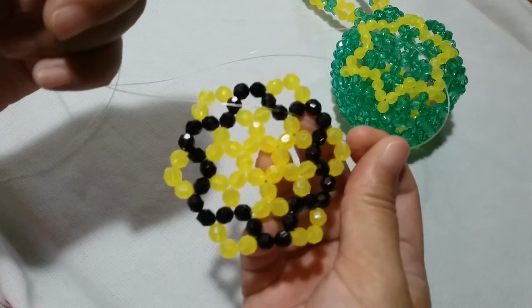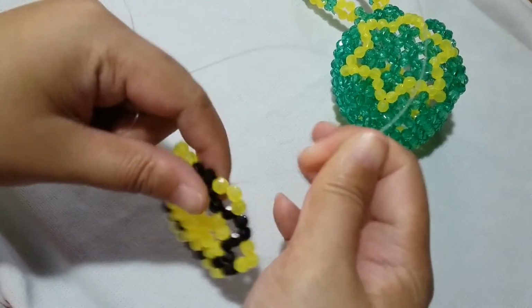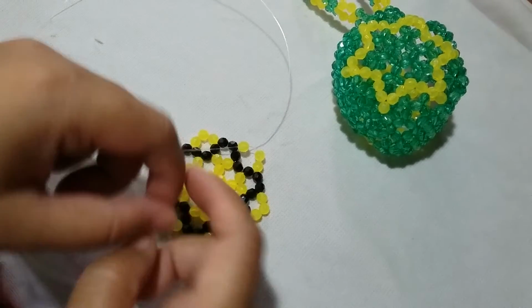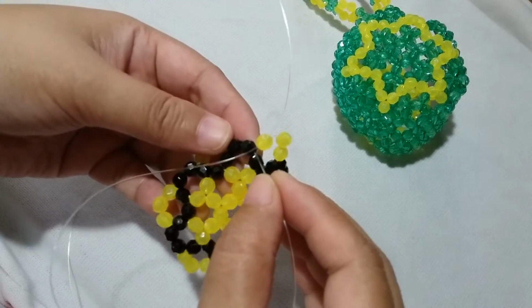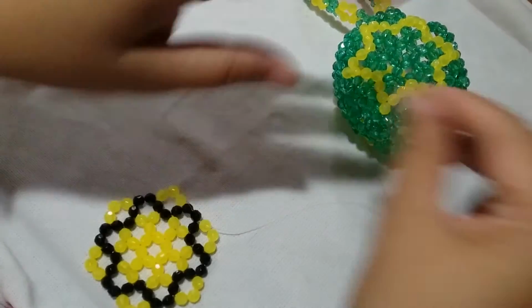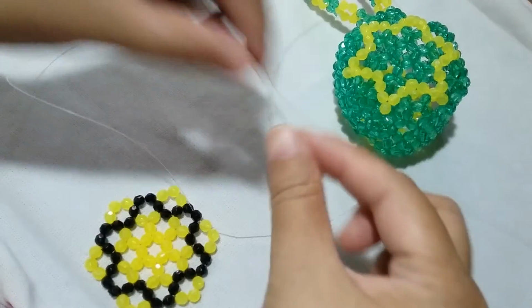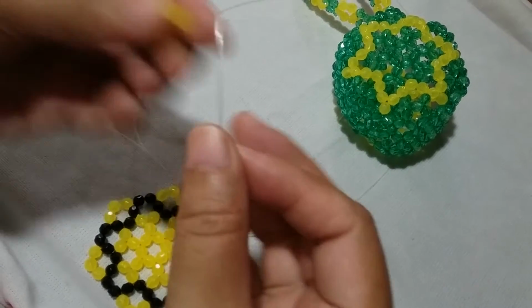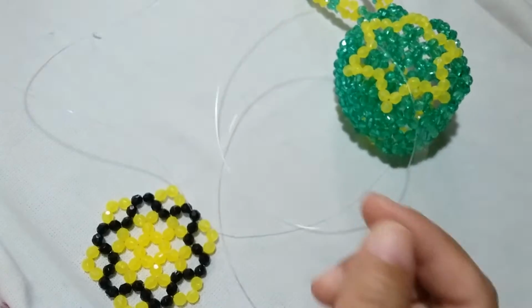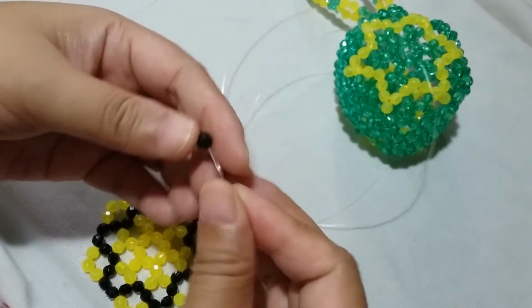So now that we have this, we're gonna form the tips of the star design. Insert the left string to this one adjacent black bead. So we're gonna form a cluster of 6. So put 3 yellow beads on the right string, silikop with the black one,